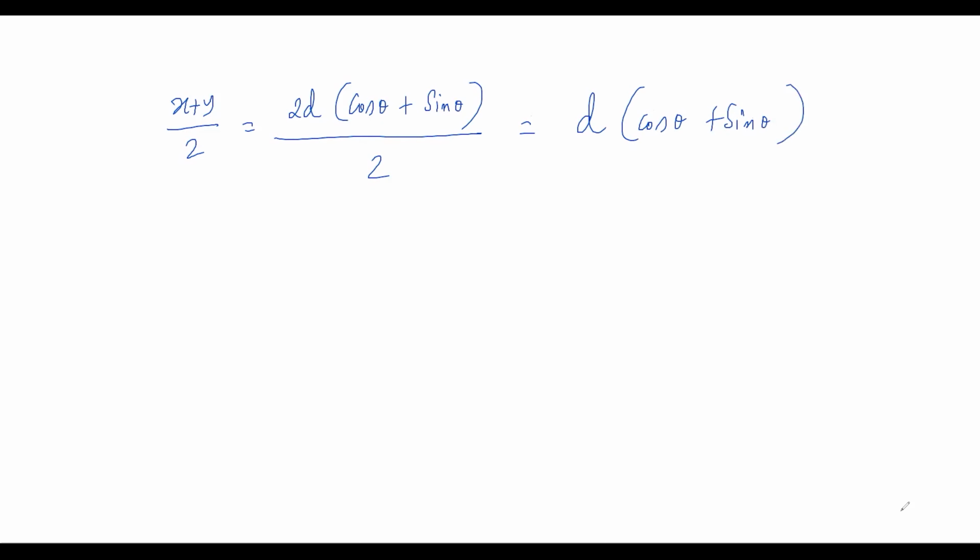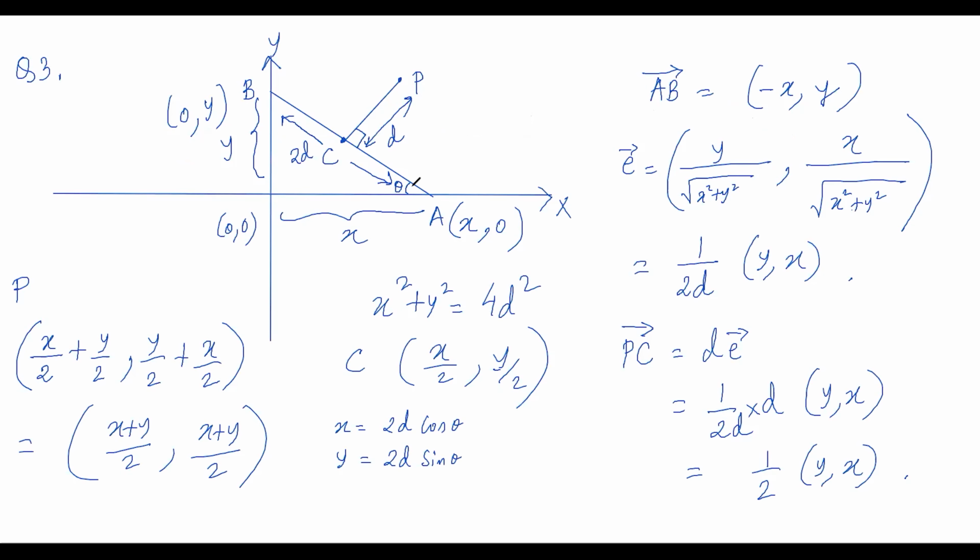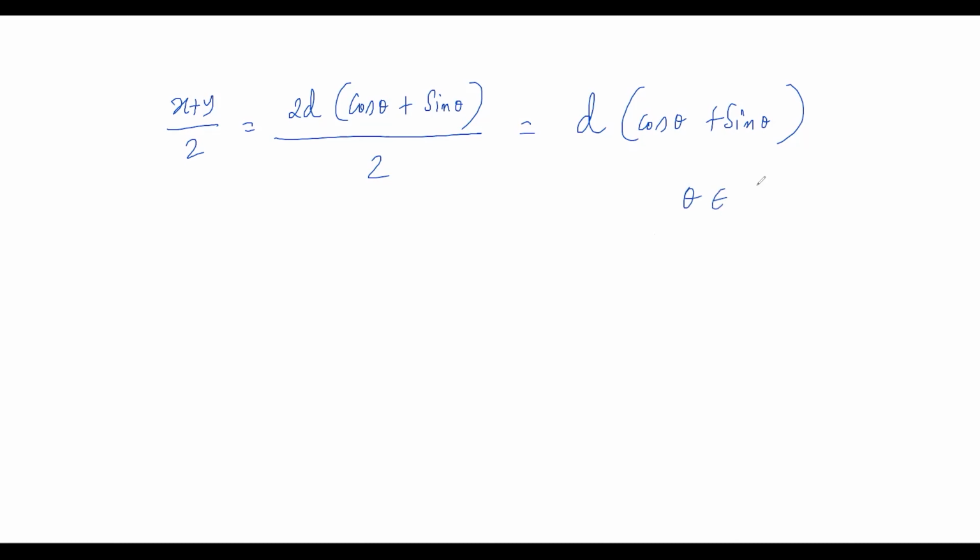And what is the range of theta? As you can see, the range of theta is 0 to pi by 2. Okay, since it has to lie in the first quadrant, the range of theta will be from 0 to pi over 2. So theta is from 0 to pi over 2, and in this range, now